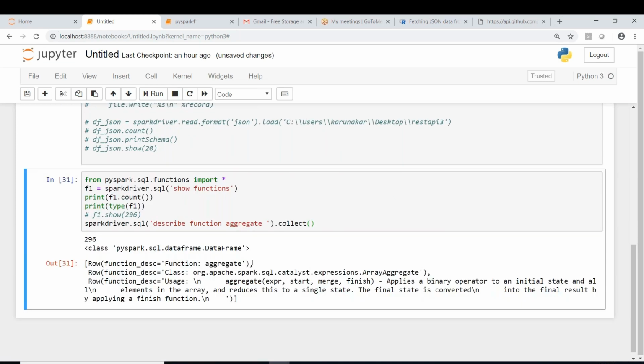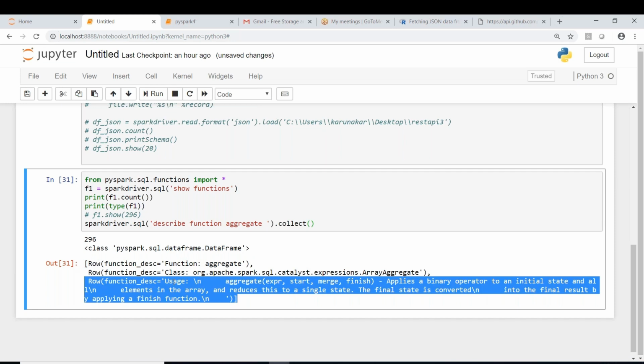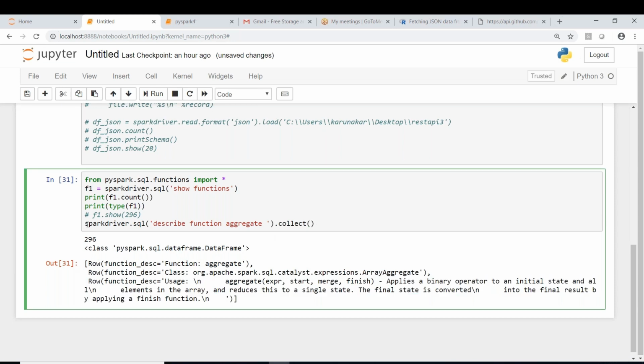Everything will be shown here. Then according to that, you can apply that function. This is the description of array aggregate and the usage. Is it fine? Likewise, you can search for any function, not a big deal.